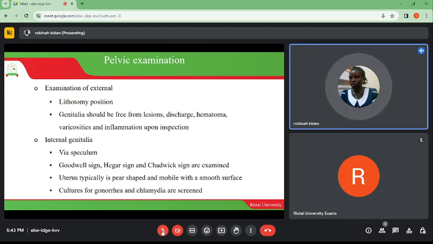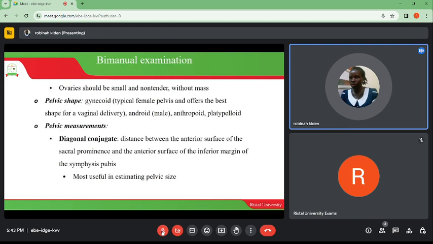Cultures for gonorrhea and chlamydia can be taken by now during this time of speculum examination for further screening. Then you can do the bimanual examination. This involves examining the ovaries, whether they are palpable and whether they are tender. So the bimanual will involve insertion of 2 fingers through the vagina,